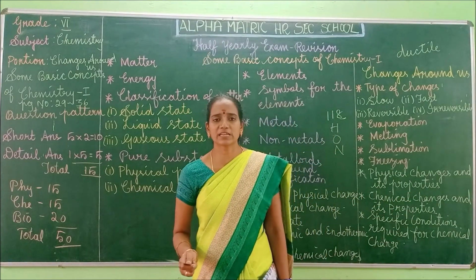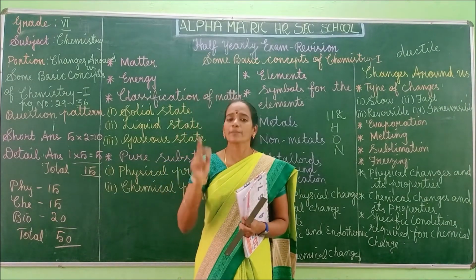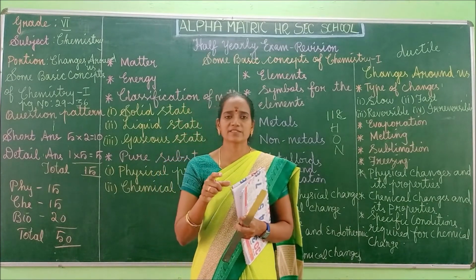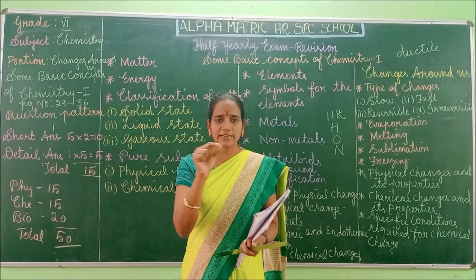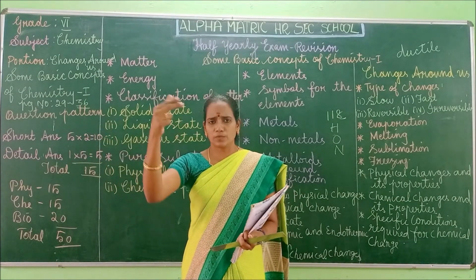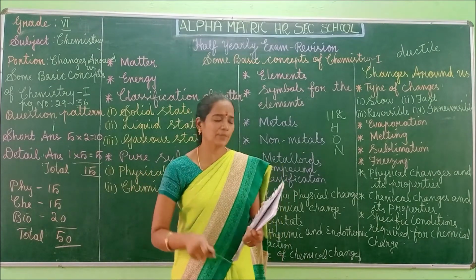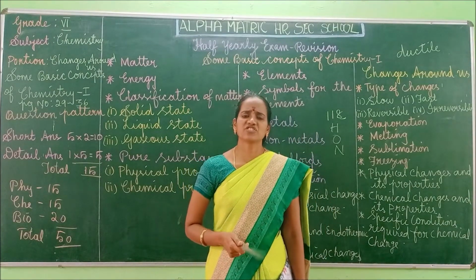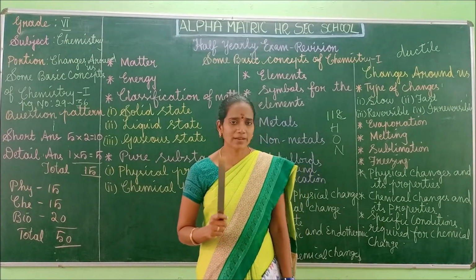What do you mean by physical change? What are the general characteristic properties of physical change? Minimum 4 points you have to write for the properties. If this question is asked in the detailed answer, you should first of all give the definition for physical change, then put the side heading properties of physical change. Then you will put number 1, 2, 3, 4 and start writing the properties. In the same manner for chemical change also. Okay. Give the definition for chemical change and then write about the properties. In this manner you have to follow.